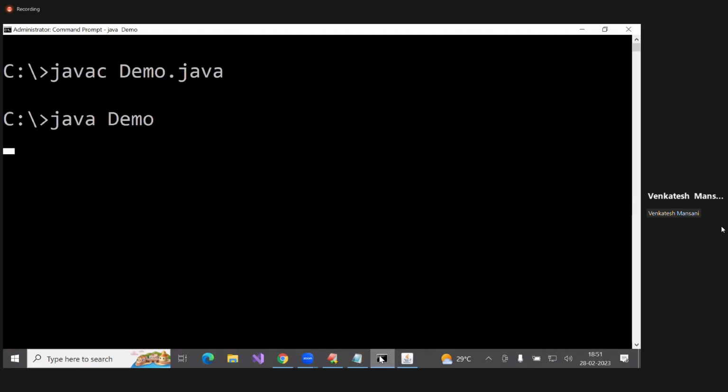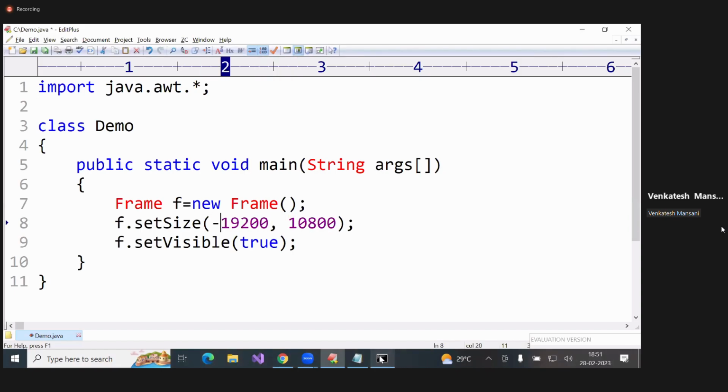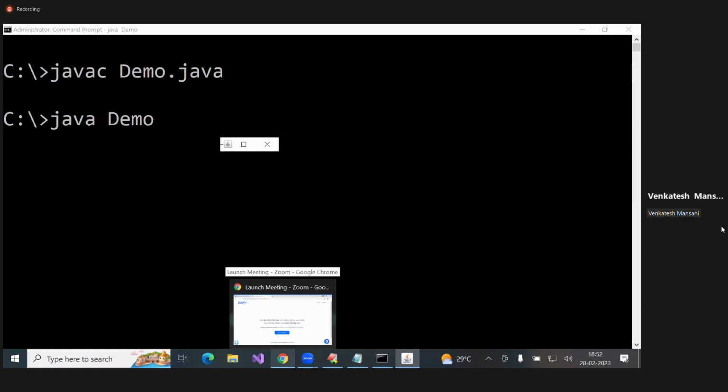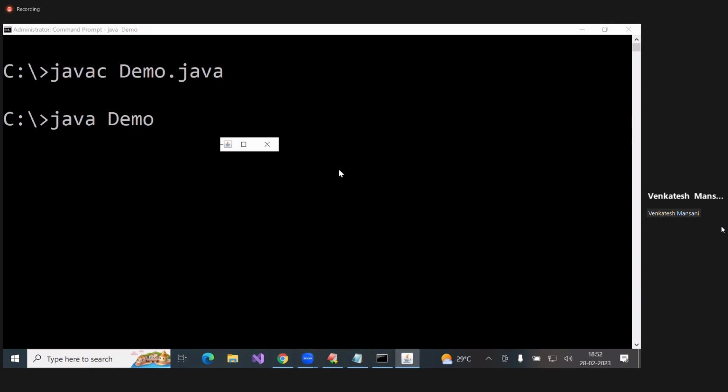Now minus 19,200, minus 10,800. Then what will happen? You can predict now. For more than the maximum size, we got the maximum size. Now less than the minimum size: it will display a small size frame. The error will not come. See, the frame is there, a small size frame. We got the minimum size. So here, for less than the minimum size and greater than the maximum size,